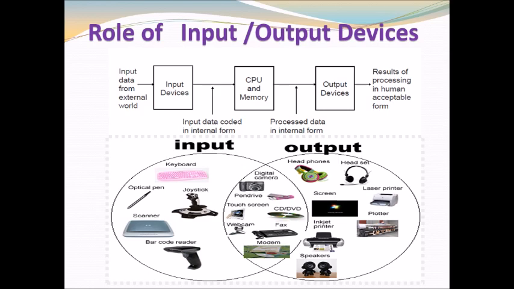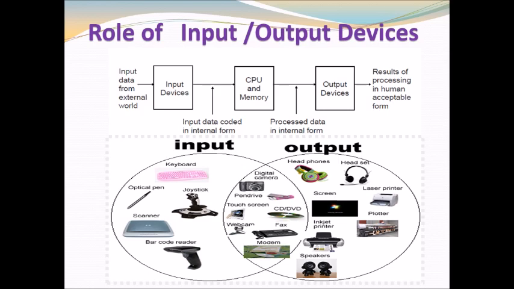Here is a diagram that shows the input output devices and the combination of devices that work as an input as well as output. In this diagram you will find two circles. The first circle is about the input and the second circle is about the output devices that are purely input and output devices. But in the center you will find the intersection of these two circles. The intersection shows the devices that work as input as well as output. I will discuss those.